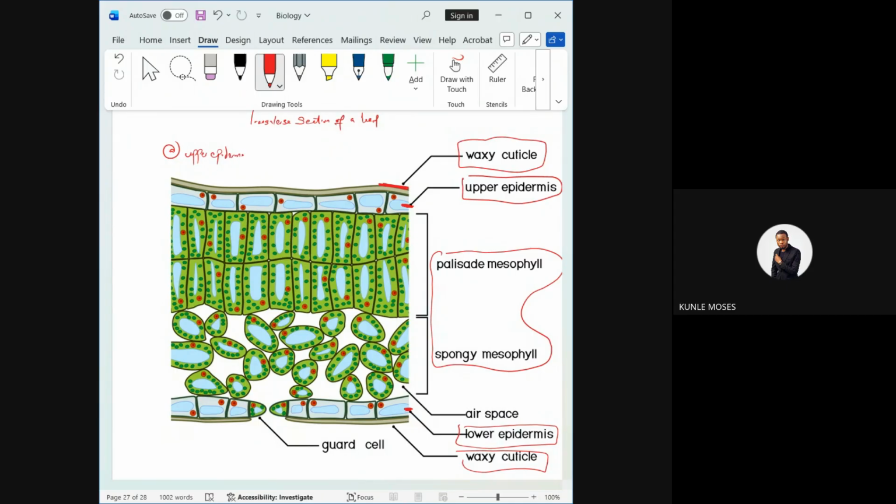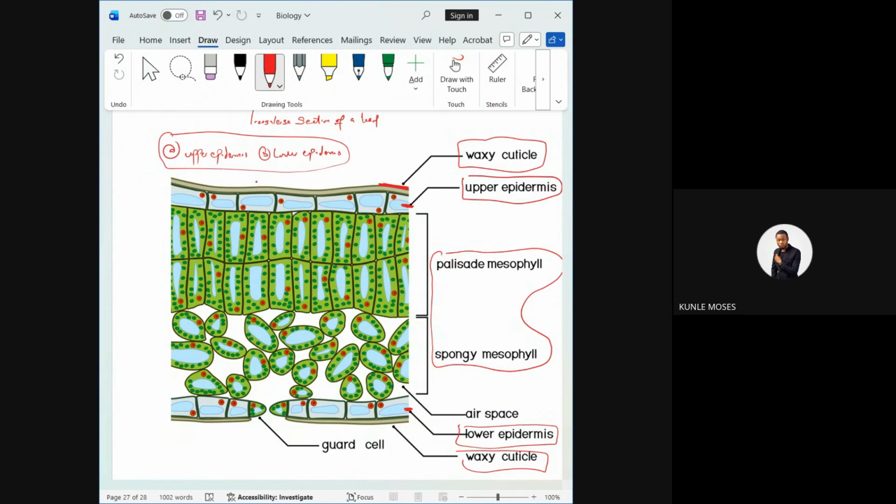where the arrow is coming from. But if they don't want to confuse you, the only thing they will write there is epidermis. So once you see only epidermis and there are no these two things there, that means the answer is epidermis. Please, do you get the logic? But in case you see upper epidermis, lower epidermis, check where the arrow is coming from. Is it coming from the upper layer? Is it coming from the lower layer? If it is from the upper layer, it is upper epidermis. If it is coming from the lower layer, it is lower epidermis. And let's move to